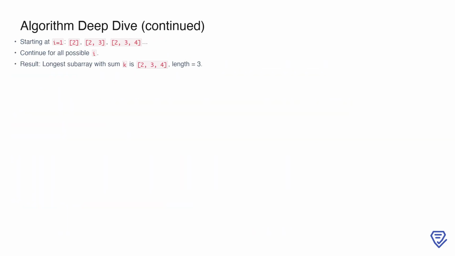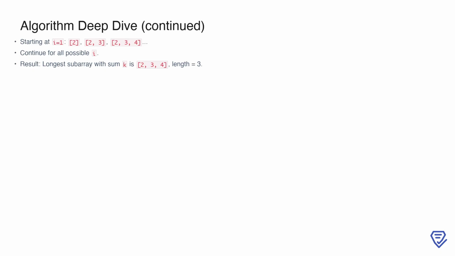To better understand the brute force approach, let's visualize how it works with a concrete example. Suppose the input array is nums equals 1, 2, 3, 4, 5, and the target sum k is 9. Starting with i equals 0, we check subarrays like 1, 1 2, 1 2 3, and so on. When we reach the subarray 1, 2, 3, 4, the cumulative sum equals 10, which exceeds k, so we stop